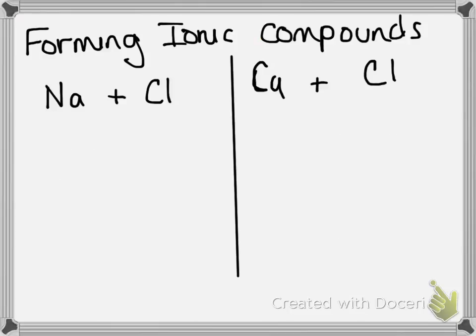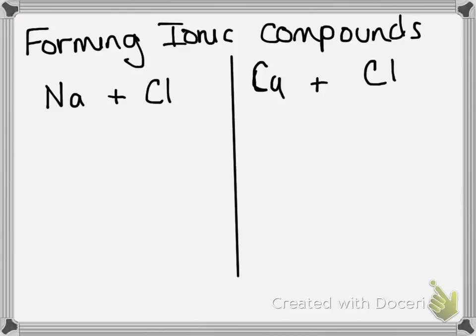So once you know the charge of the cation and anion, you're able to form ionic compounds. And ionic compounds, what they're going to do is they're going to balance out these charges around 0. Okay, so we know cations have a positive charge, anions have a negative charge. So if you have the same amount of positive charge as negative charge, you're going to have a correctly formed